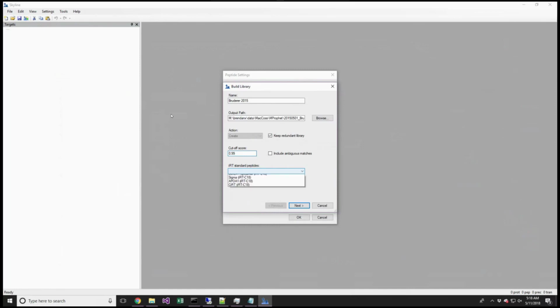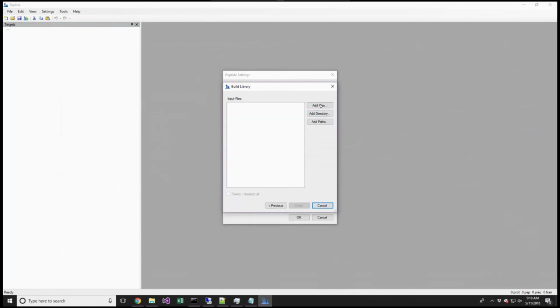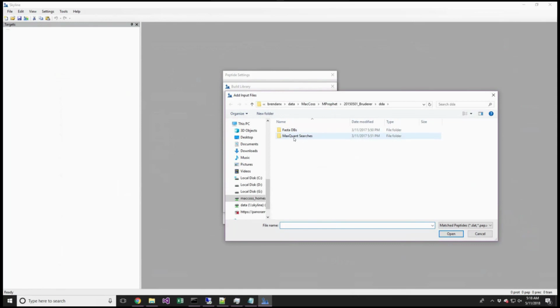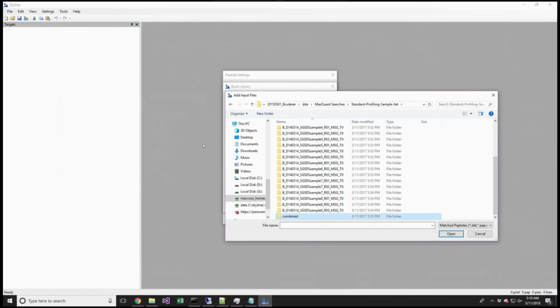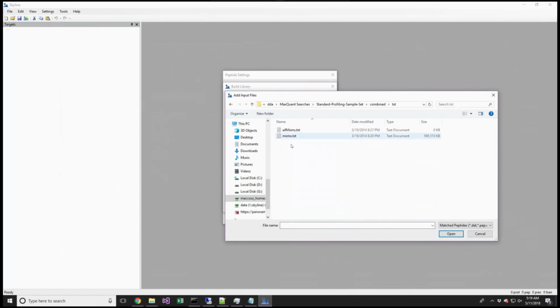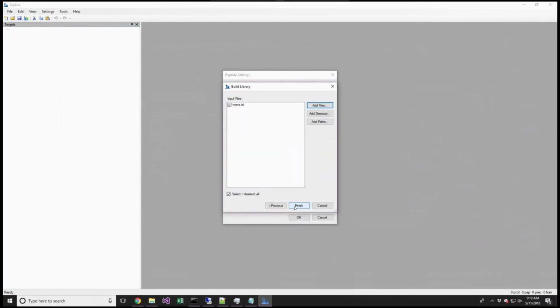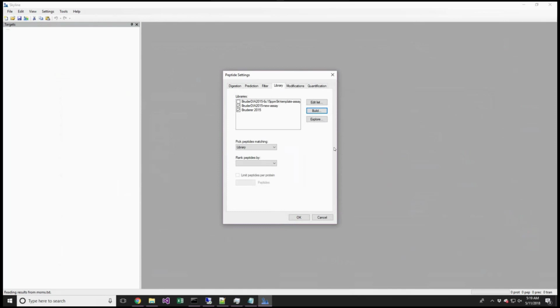I think we can say that we expect these to have IRTs in them, because it's data coming from Biognosys, so I think we can say that we expect the Biognosys IRTs to be in these examples. But again, I've never done this, so this is how I would start trying to set this up. And then now, when I go to add files, I would go into MaxQuant searches, standard sample set, combined, text, and this is the MSMS text file, and I would just open that. And then I would try building a library out of